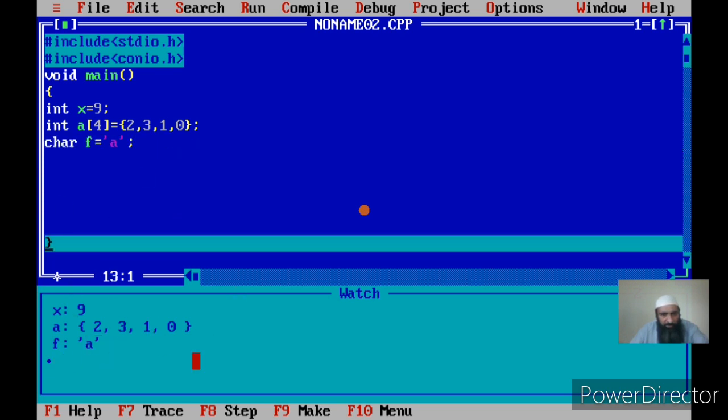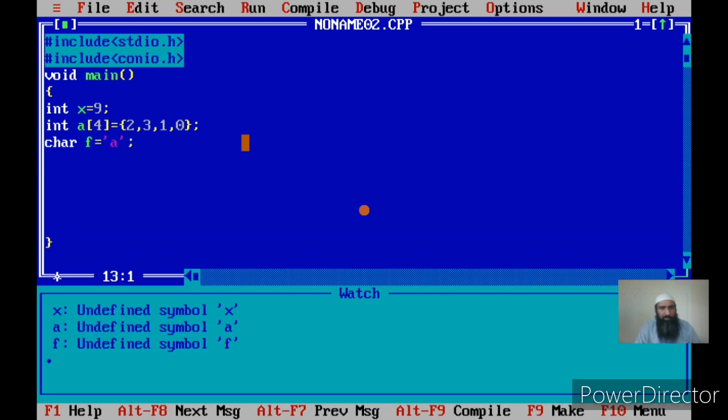Whenever I show the programs, you should watch this watch window, and in the watch window what you are seeing are the changes that are taking place in all the variables once we execute the program. I am executing the program in stepwise manner so that you can understand the changes that are taking place in different memory variables. I hope this is clear. Now I have shown how to assign values to character variables. These are called character constants. Character constants are always assigned to character variables within single quotes.